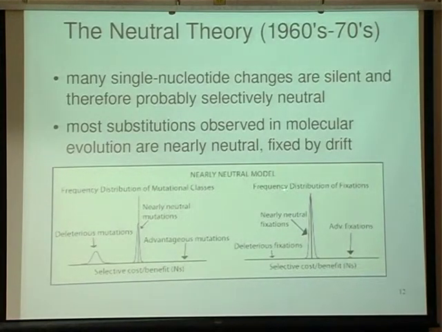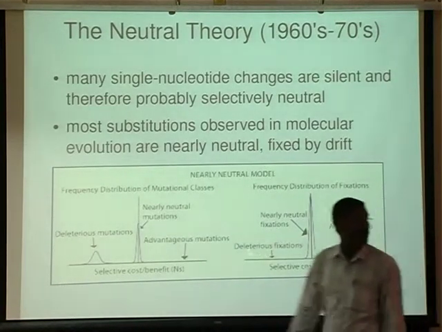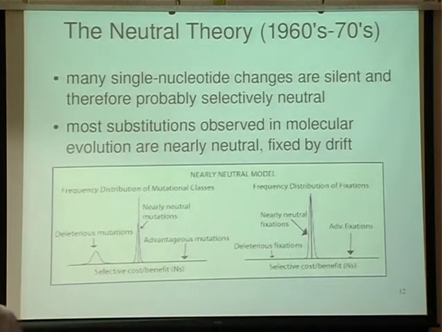But then if we look at the frequency distribution of mutations that actually fix, the substitutions that we observe, the deleterious mutations very rarely fix. They're purged from the population by selection. The neutral mutations have a pretty good chance of fixing by drift, particularly in small populations. And there are some advantageous fixations, more than there were advantageous mutations over here, right? Because if you're very beneficial, you're much more likely to survive drift.